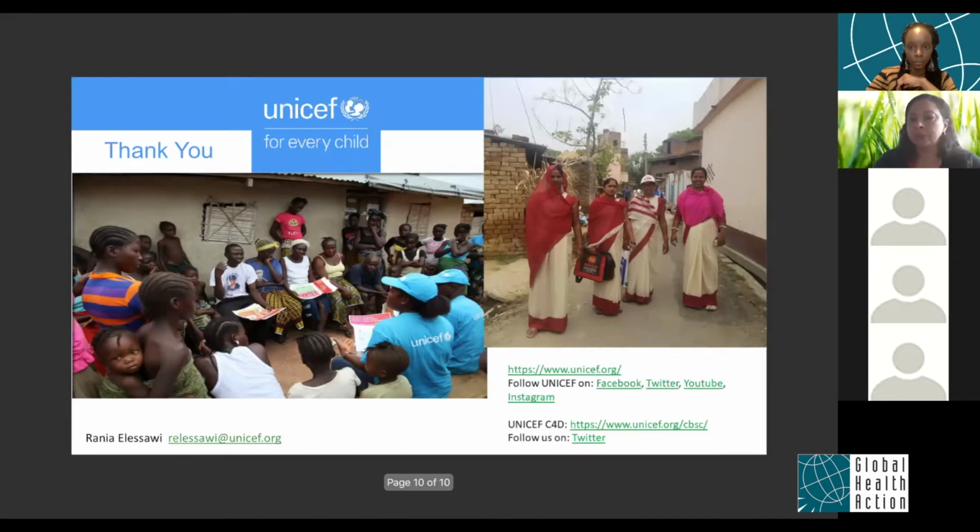What needs to change in our integration? What needs to change in our human resources? Do we have human resources on the ground beyond just talking about community health workers from a system strengthening perspective? Do these community health workers have the support structures to help them to engage in a more effective manner, to